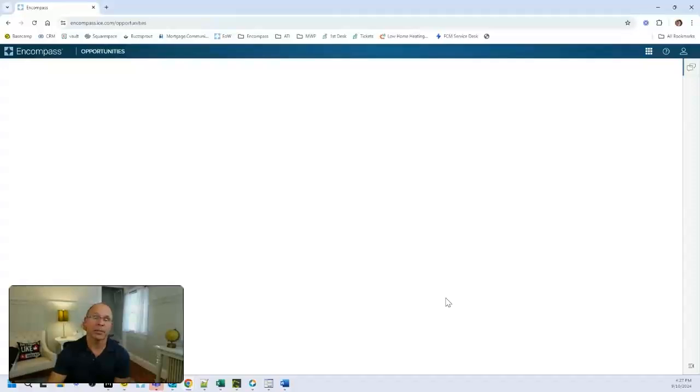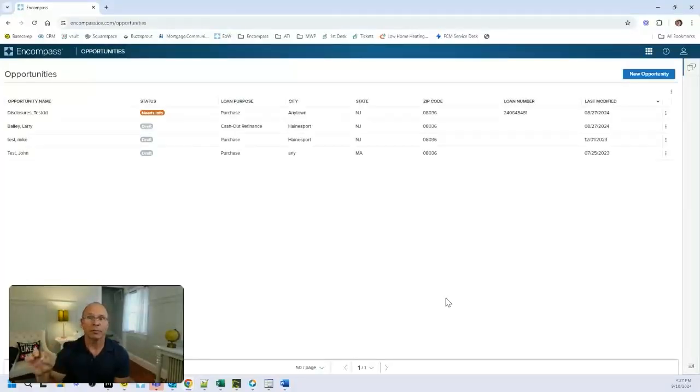Last thing I'll bring up is opportunities. Again, you don't have to be in desktop to use web tools. And if you're in sales or you're working with your sales team, if you haven't shown them opportunities yet to show them what it can do, you're missing out, and they're missing out, more importantly.